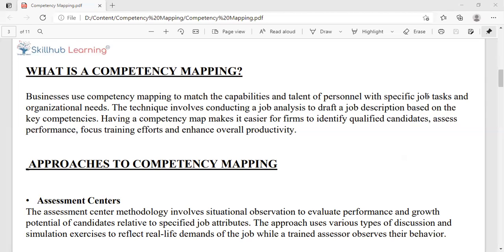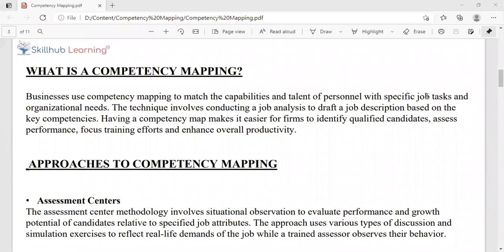Now, first things first, a lot of companies and a lot of HRs get confused. Who would be the right candidate for the job? Let's say I'm hiring for a particular position. The basic job description gives you what should be the qualification and experience, and all the matchmaking and resume searching and resume screening is done on the basis of qualification and experience. But unfortunately, they both are not complete.